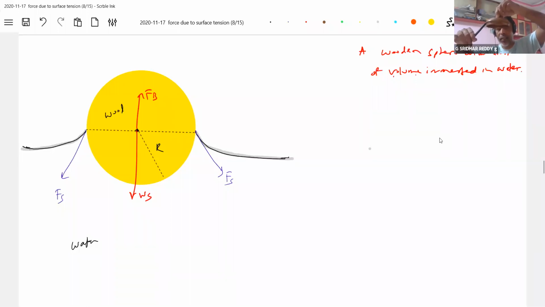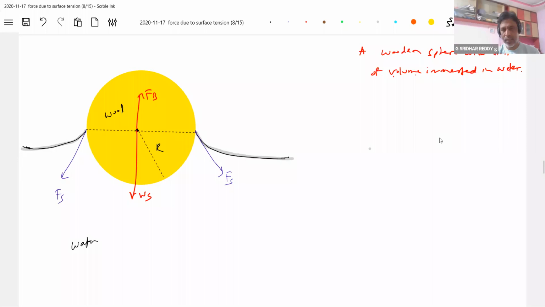Tell me what is the angle of contact? This will be the angle of contact. Are you seeing the gap between that? This will be the angle of contact, no? Then now the force will not act vertically, it will act like this. Everywhere like this, even on this side. The force will be acting here. Everywhere it will not act vertically, everywhere it will act at some angle.